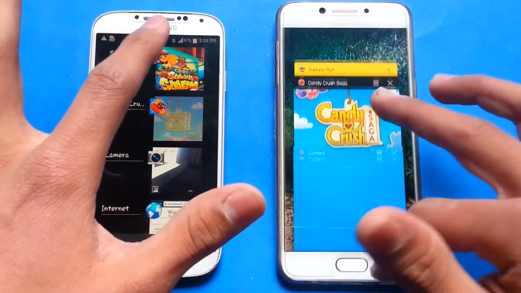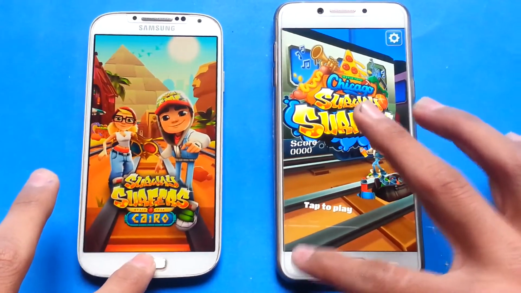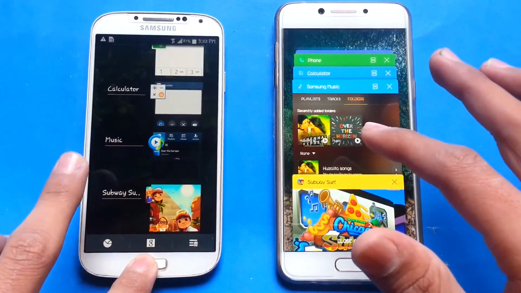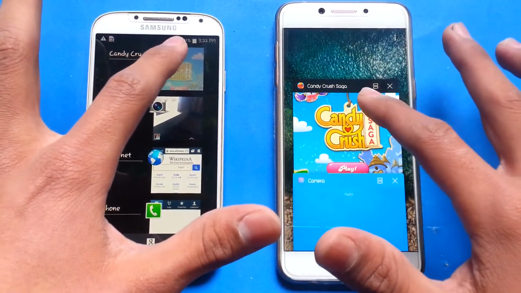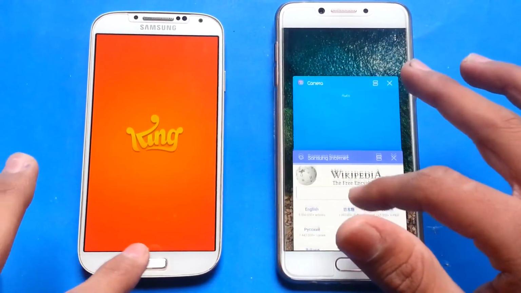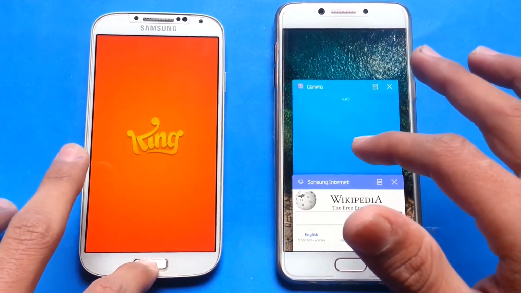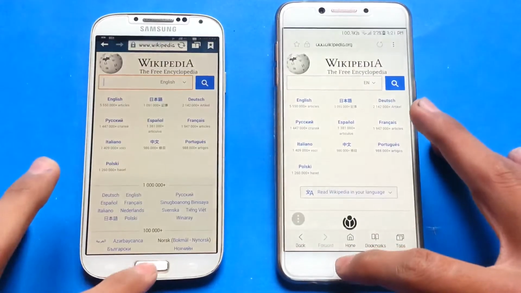Let's open game. So Subway Surfer is also kept there in the memory. Let's open game. It is also kept there in the memory. Let's open the internet browser, and